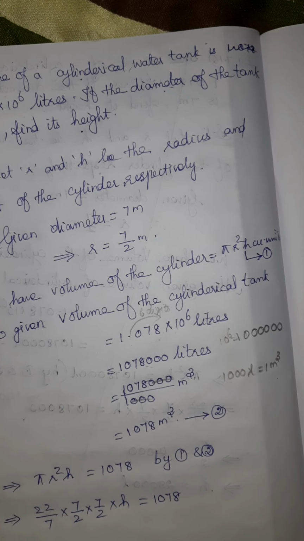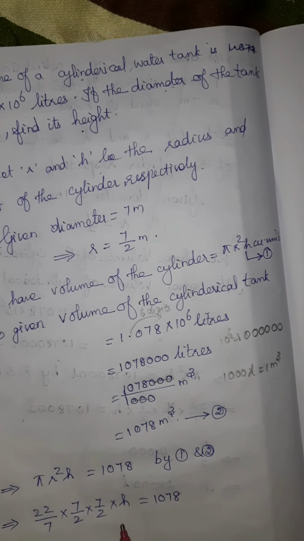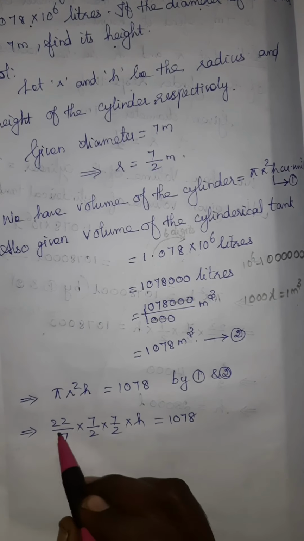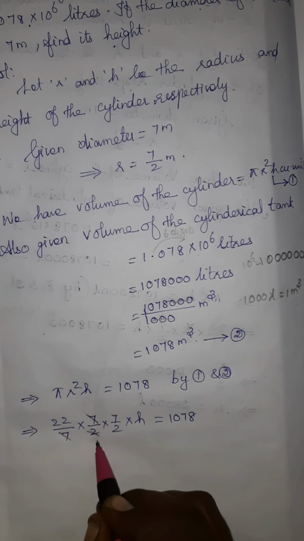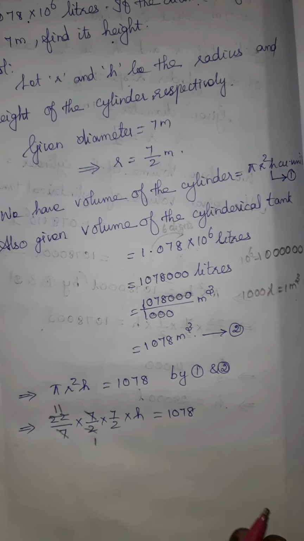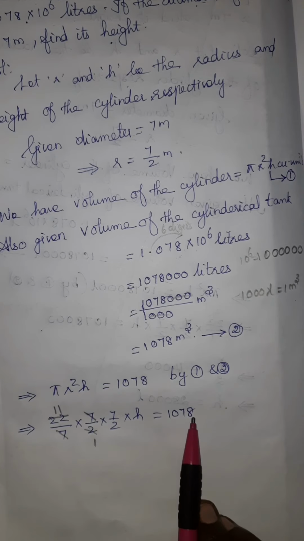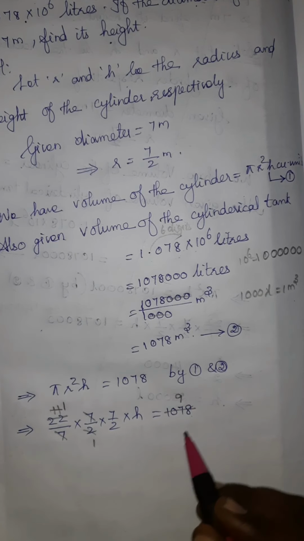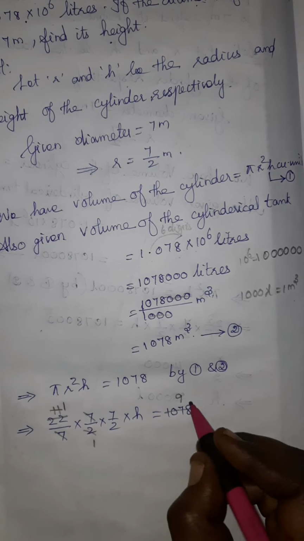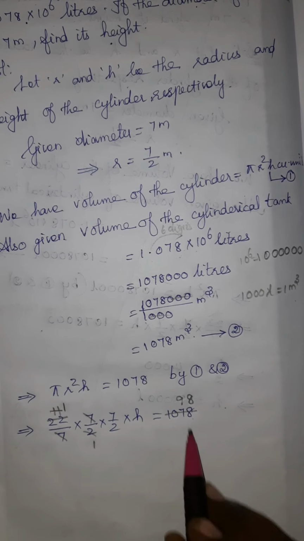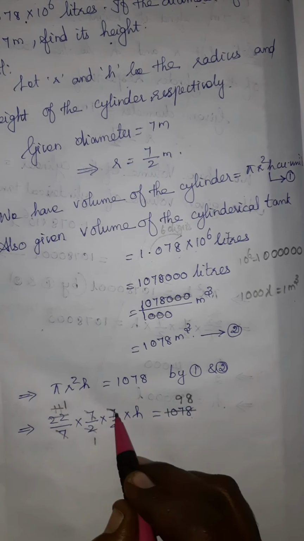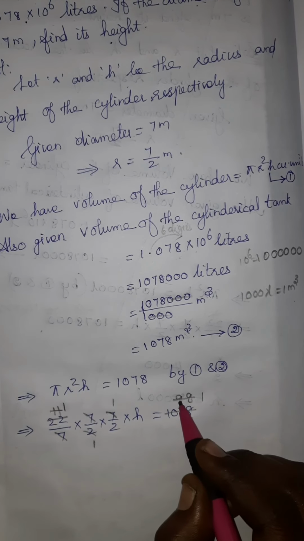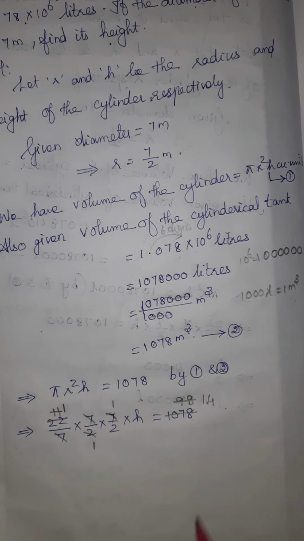Now first you try to simplify. First you see the left side, we have some numbers. If you can cancel, you cancel those numbers first. So 7 7 you can cancel, 1 2 is 2, 11 2s are 22. Then this number using 11 you can cancel. 1 11 is 11, 9 11s are 99, remainder 8, so 8 11s are 88. Then this 98 you can cancel using 7 table. 1 7 is 7, here 1 7 is 7, remainder 2, 28, 4 7s are 28.